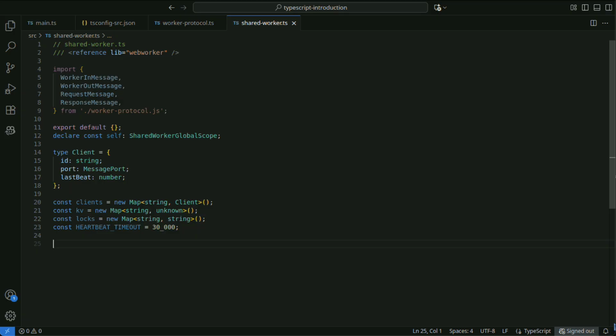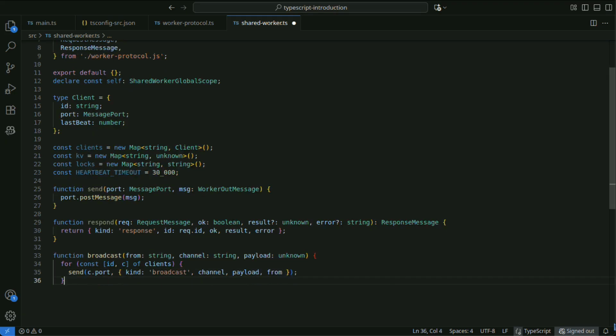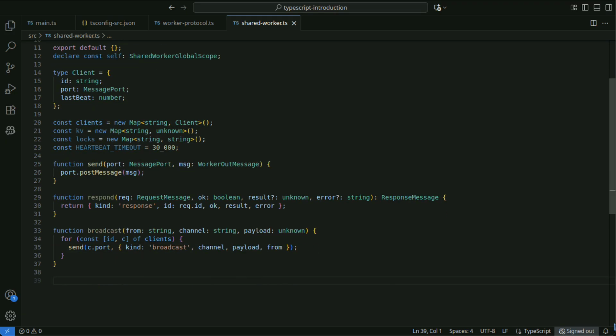Manages the list of connected clients, a key value store, lock state, and timeout durations. send is a utility function that sends a message to the specified port. respond generates a response message for a request. broadcast sends a message on a specified channel to all clients.